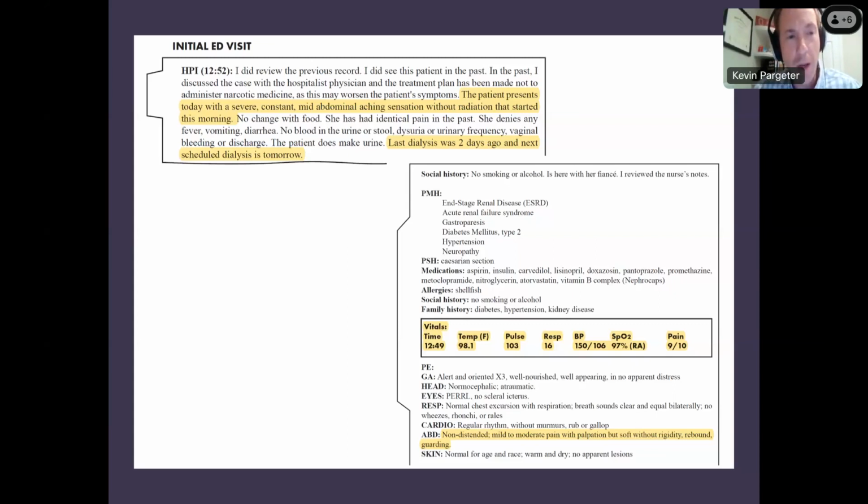Even in 2020, the prevalence and clinical characteristics of asymptomatic pyuria in advanced kidney disease, that was in the Annals of Laboratory Medicine. The vast majority, a high prevalence of asymptomatic pyuria, especially with increasing stages of kidney disease, in this case end-stage renal disease. We're going to see it, but it's probably not going to be a true UTI.